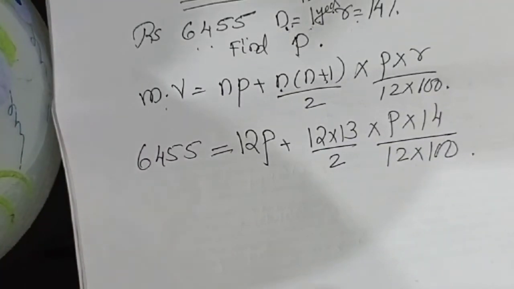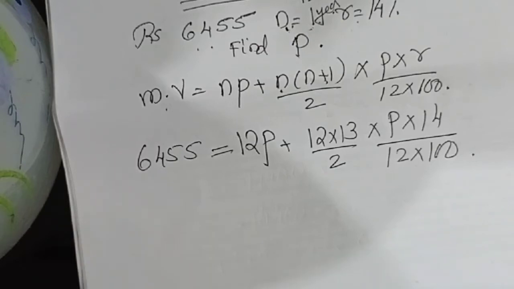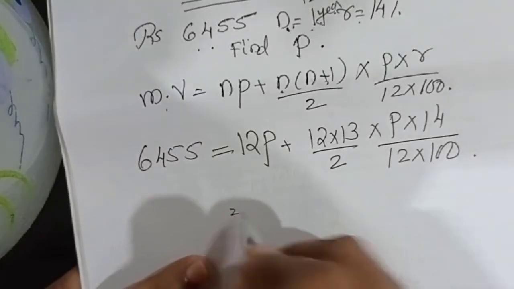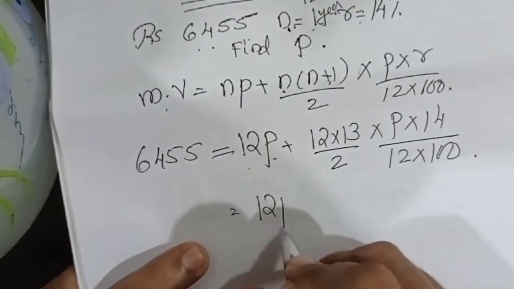All the problems are the same type. 4 types of problems are there. Study those 4 types of problems: find the maturity value, find the rate, find the P, then find the number of years. Then the last one is if the interest is given, how can you find it? That means only 5 types of problems in this chapter. Study that type.